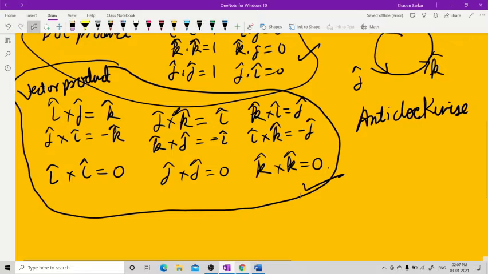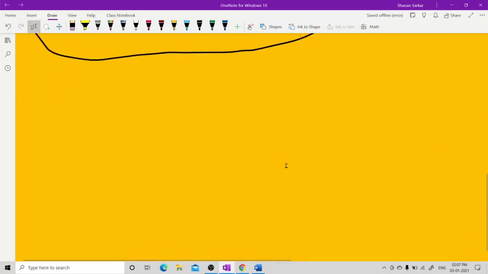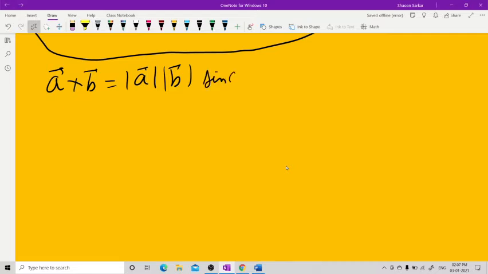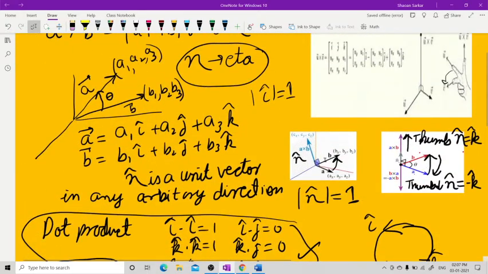Now let us come to this equation. A vector cross B vector is equal to mod A, that is the length of A, times length of B, sine theta, eta vector. Now I told you what this eta vector is. Let us go back to the picture and see. Here, if you move from A to B, eta is in this direction. This is neither j cap nor k cap nor i cap. But if you move in this manner, then eta becomes k cap, and in the other direction eta becomes minus k cap. You are moving your fingers in this direction. This is the way you move your fingers. Right hand. You use your right hand.